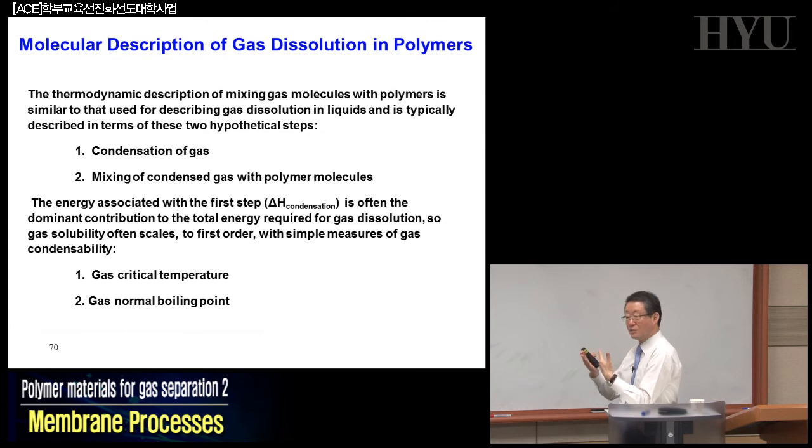Condensation occurs at the surface of the interface between the gas molecules and the polymer molecules. So the condensation of the gas molecule is important. Mixing of the condensed gas with the polymer molecules, even inside the polymer, is also an issue. So the first step is about the condensation energy. It is often the dominant contribution to the total energy required for the gas solutions. So we need to know about the condensability